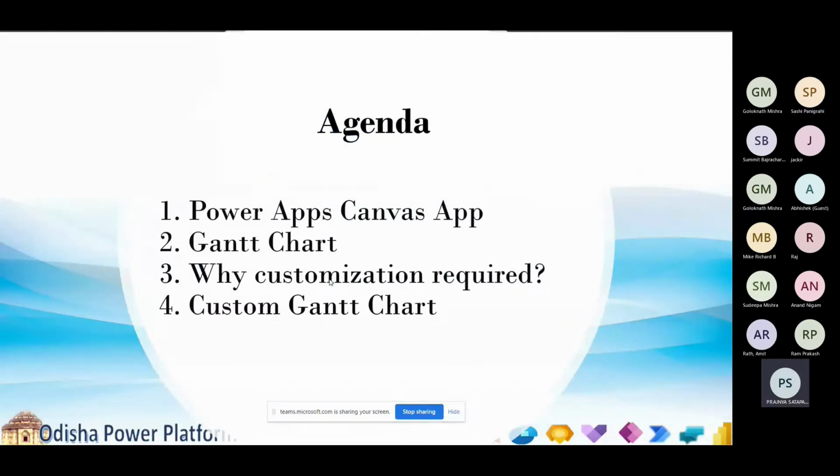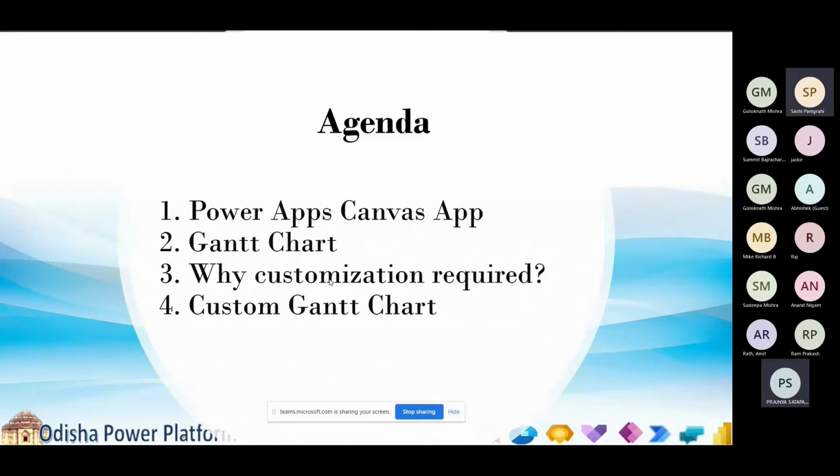Okay. So we'll go for Power Apps Canvas App, a quick discussion on Canvas App. Can anyone tell me what a Canvas App is? Yeah. So a Canvas app is a platform to build small apps using multiple data sources. Like we can have SharePoint as a data source, or the backend can be Dataverse, and we can make quick apps for a group of users.